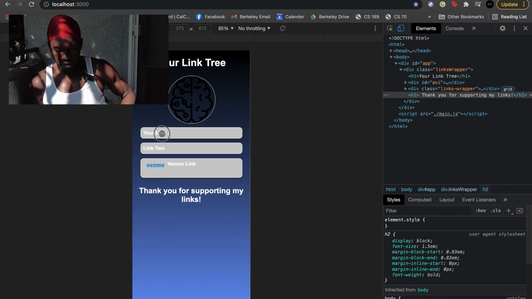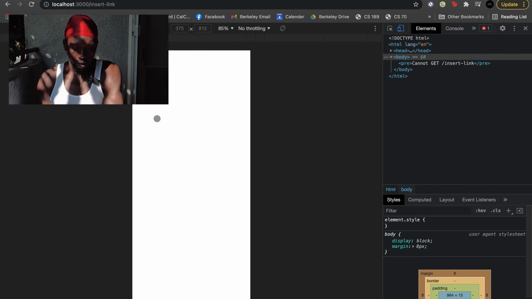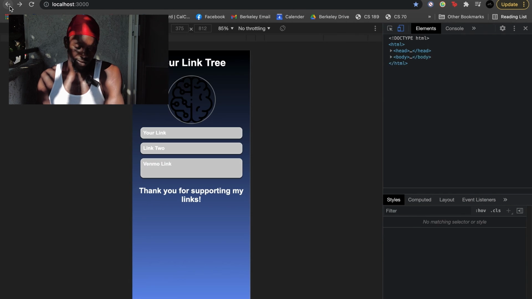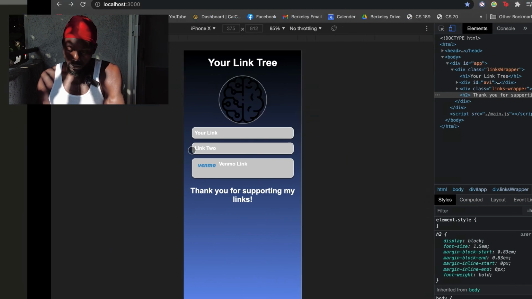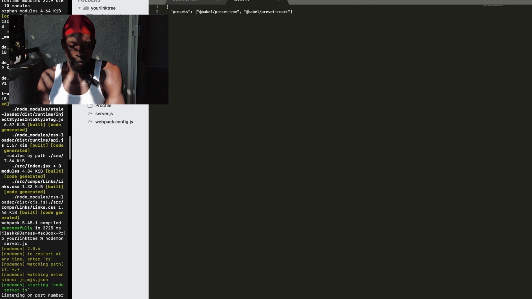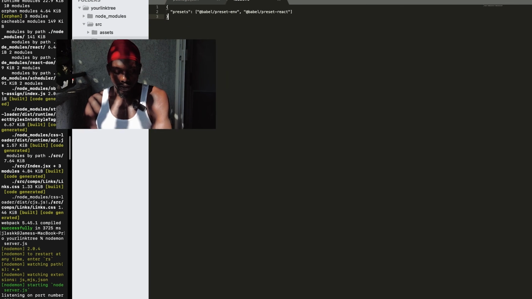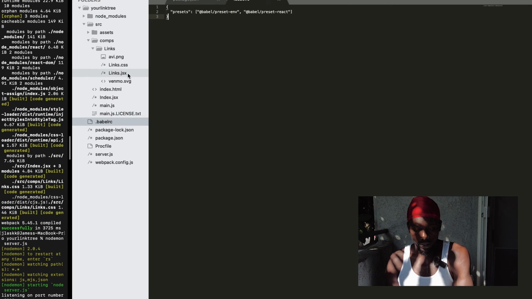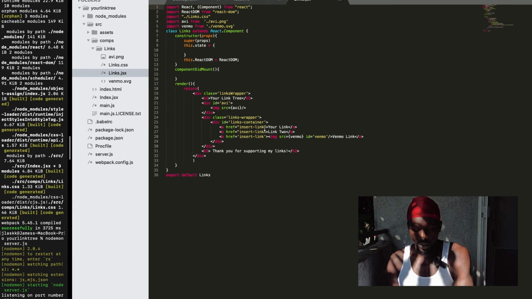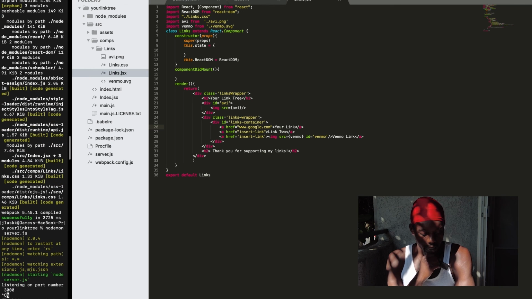Now your application is on your computer. It's not on the internet yet. It's only served on your local machine. But now we have to actually make these links work, so I'm going to show you how to put links in there. What you want to do is go into the href, and for all of these, you just put your link to whatever you need. And once you put in this link, once you click on it, it should now